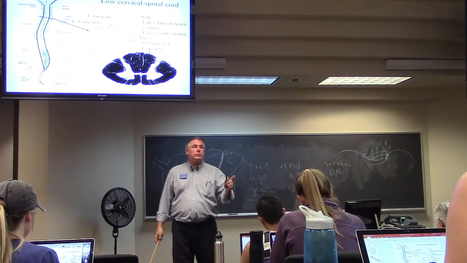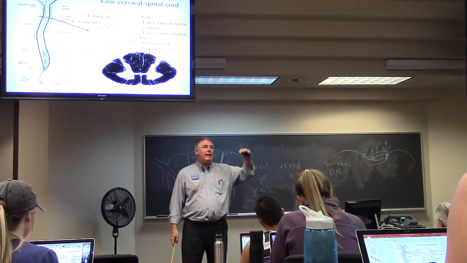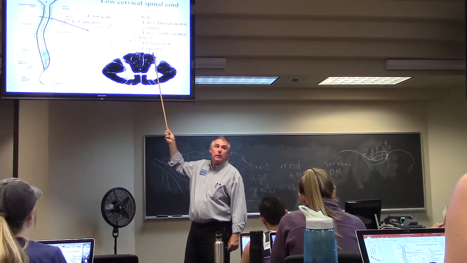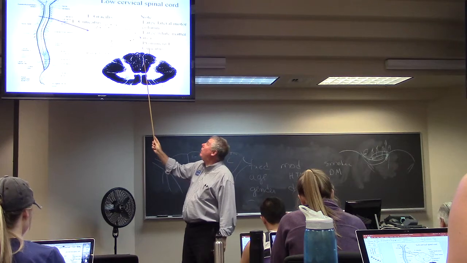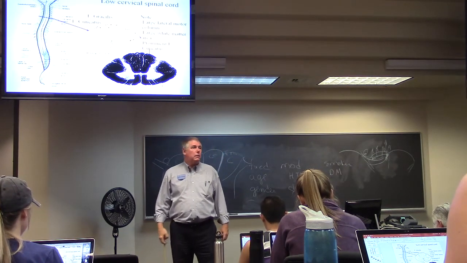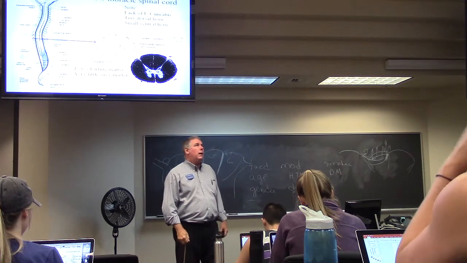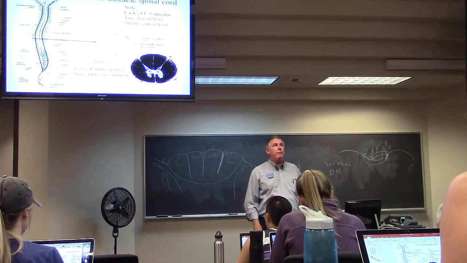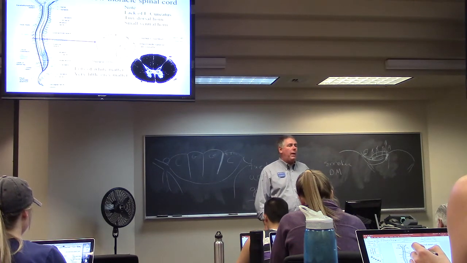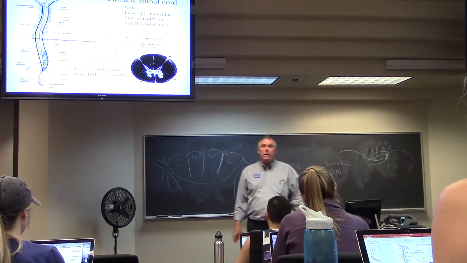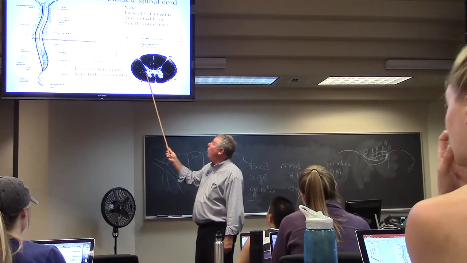And because it's cervical, it's above T6, we have a prominent cuneatus. There's the septum right there, between the gracilis and cuneatus. If we look at the lower thoracic cord, oh, it's just pitiful. The thing, though, that pops out in the lower thoracic cord is the intermediolateral cell column, which you see is the lateral horn right there,